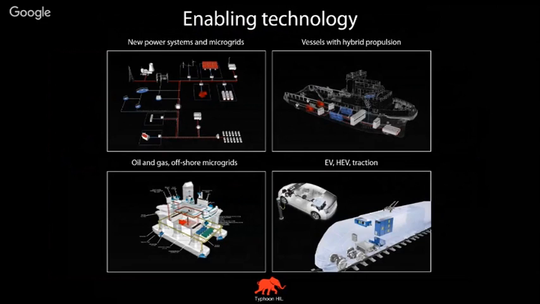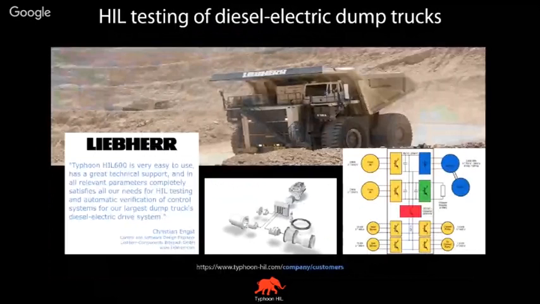Now, this technology that we are speaking about has entered different fields. Not only terrestrial microgrids and power system and power electronic applications are now depending on this technology. We see great applications also in marine, and offshore platforms, so oil and gas, which is again energy. And then in transportation, where we have hybrid propulsion or traction applications, hybrid electric vehicles, microgrids of fast chargers, etc. All of these fields are now being answered with the same technology that we are going to show more about later on.